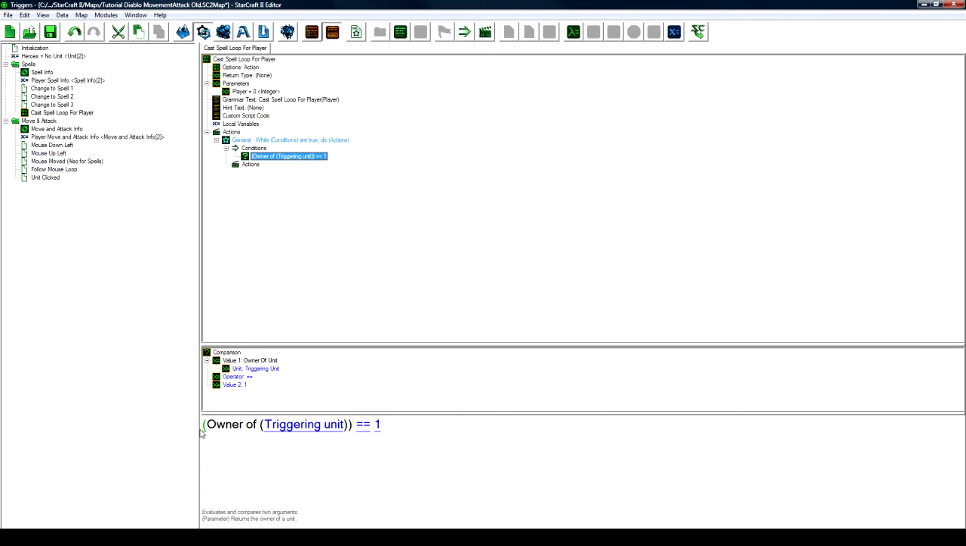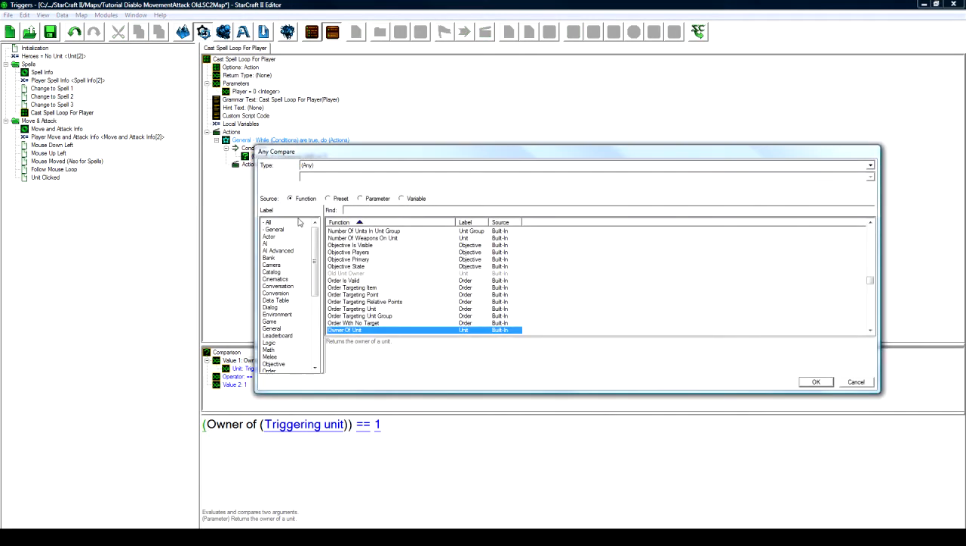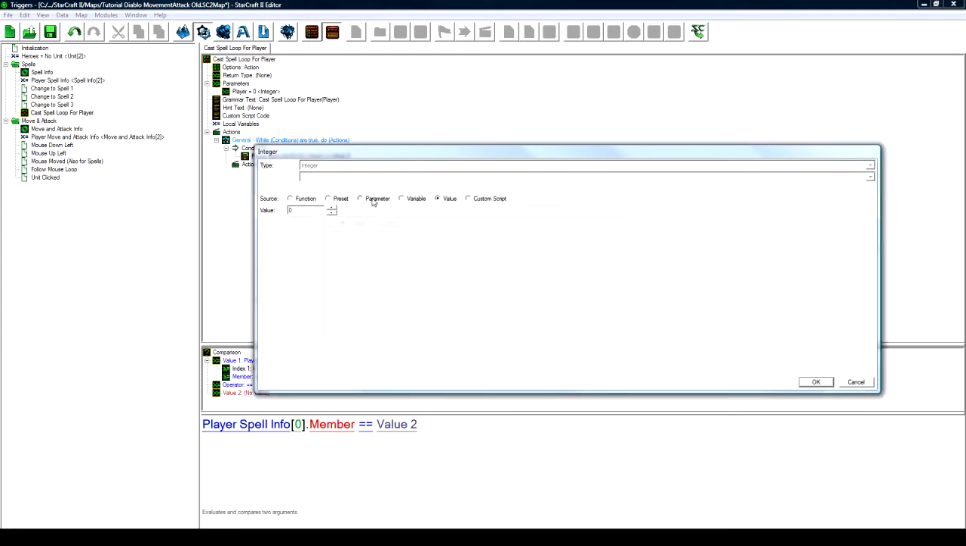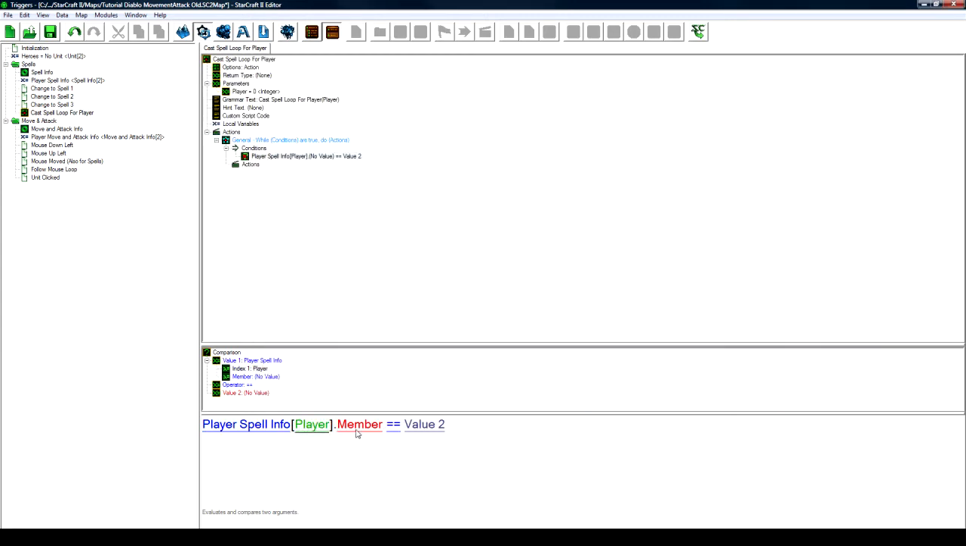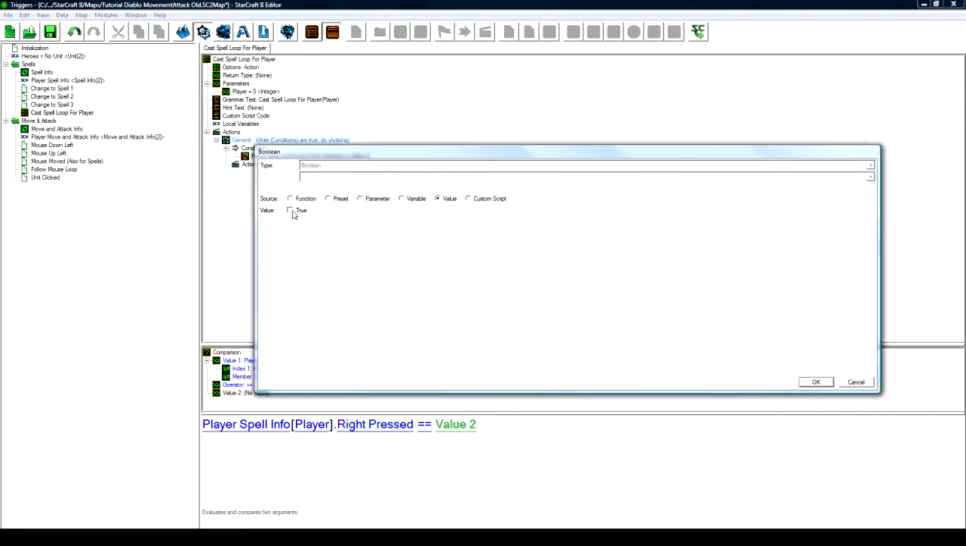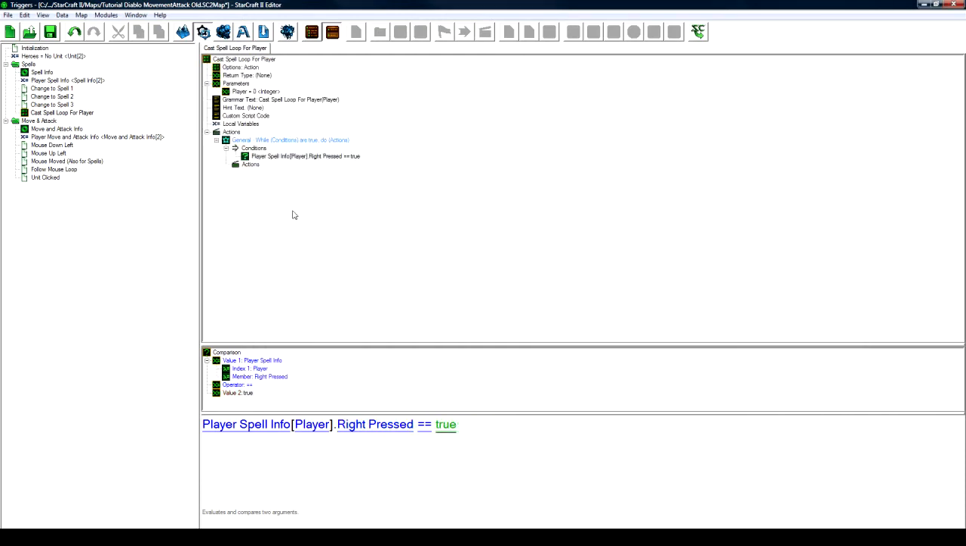And let's click on the left bracket, and let's find variable player spell info. Change 0 to be parameter player. Change member to be right pressed, and equals value to be true. So while this player has their right mouse down, and copy paste, actually, let's copy from a different trigger,